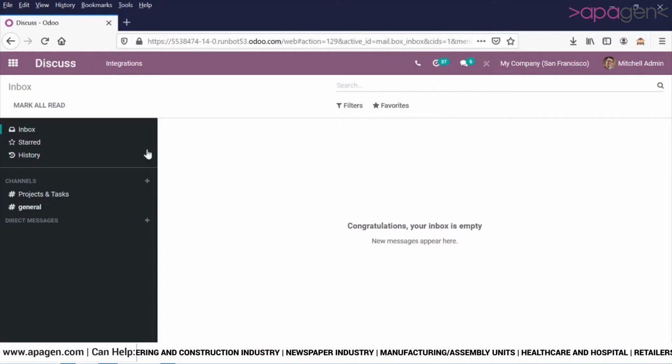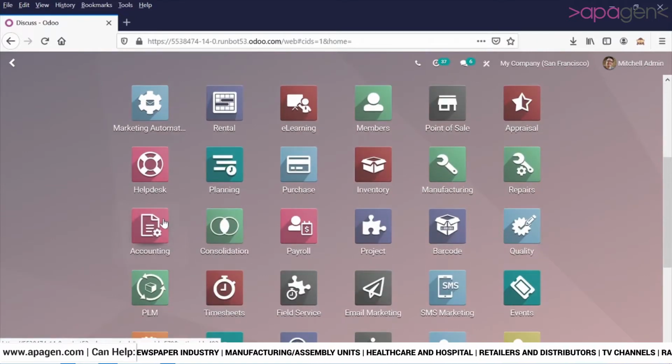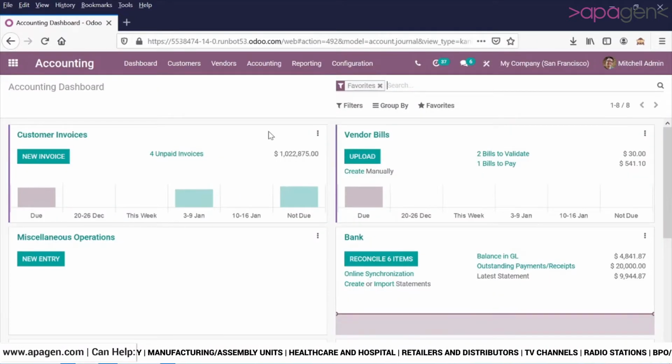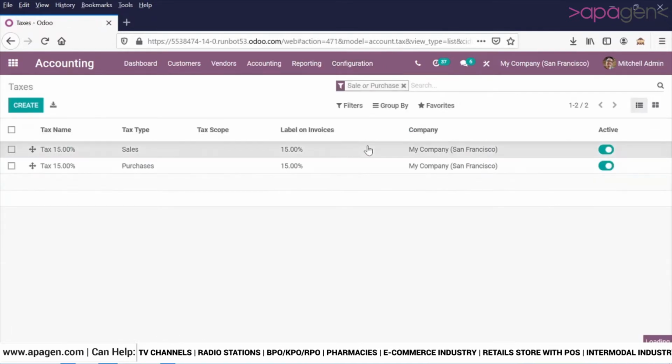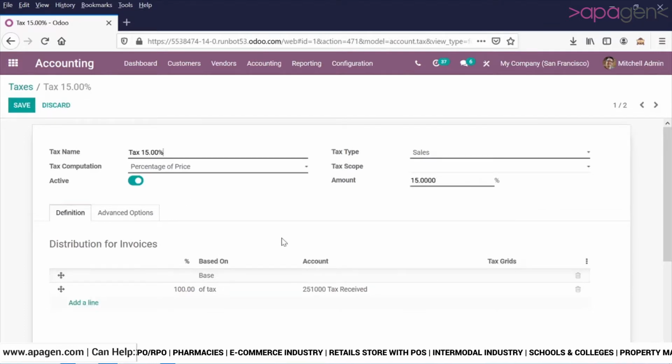When we install the accounting package for the localized country, we will see that the taxes are predefined. But in case you want to modify those taxes or create new ones, you can go to the accounting configuration menu and look for taxes. As you can see, some of the taxes are defined. We'll have a look at how this information impacts the invoices and the credit notes.